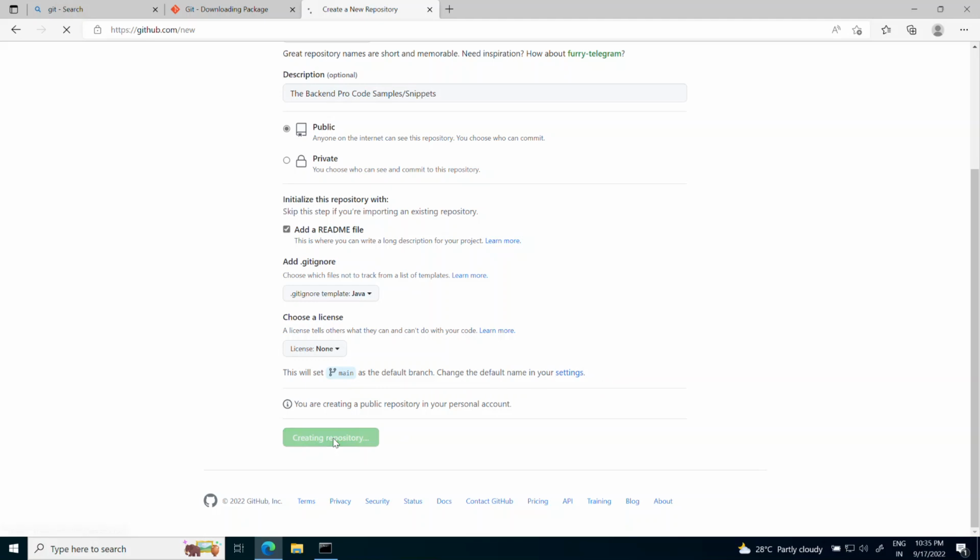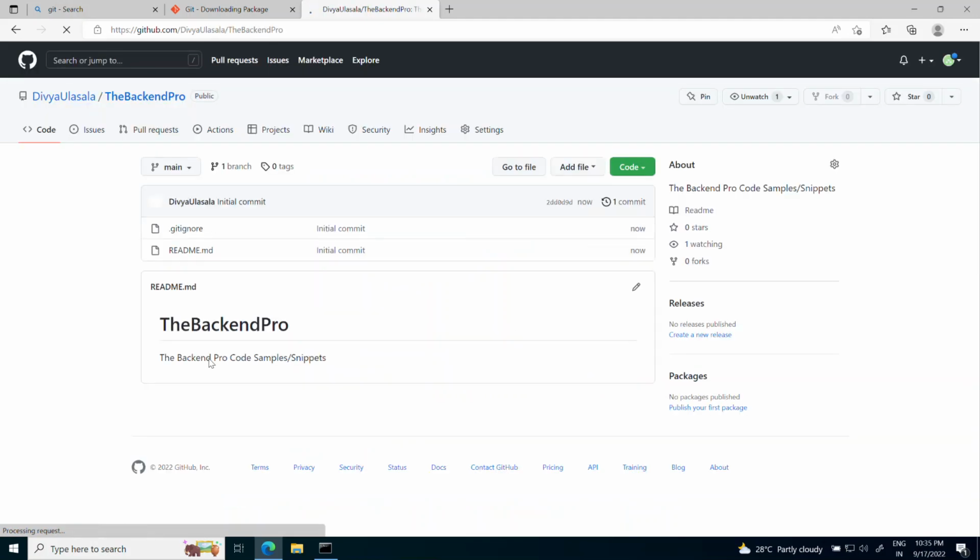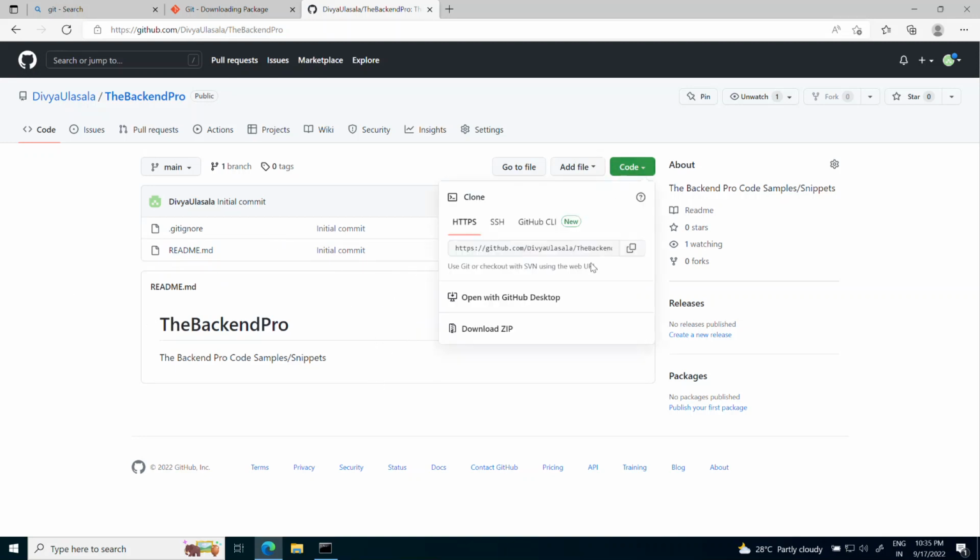Just click on create repository. So now the repository is created, and you can clone this repository to your local. Just copy this HTTPS URL